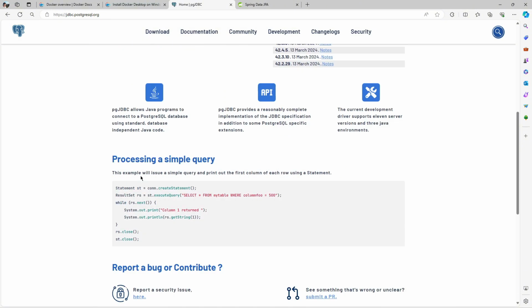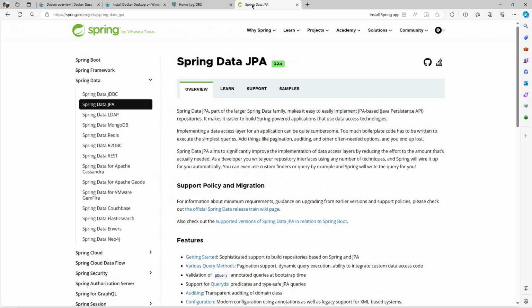This is a simple query using Statement and ResultSet, and you need to type the query very specifically in here. But because we are using the Data JPA dependency, we don't need to create a statement like this. Next, let's go to Data JPA.